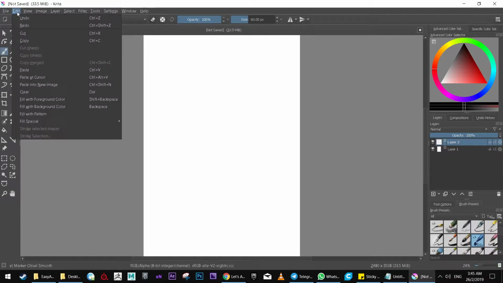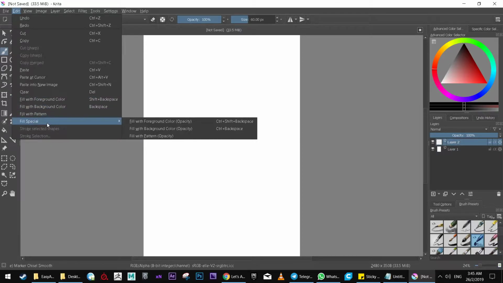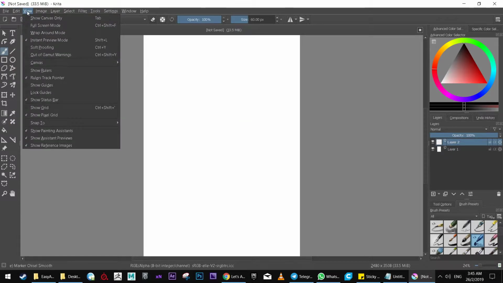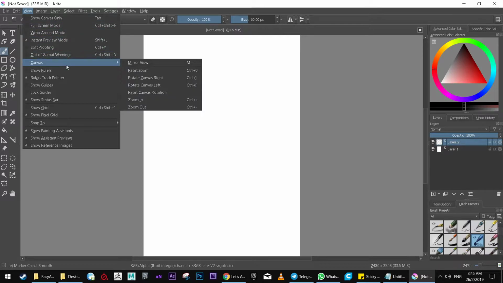Edit is pretty much similar to Photoshop. The only difference is probably fill with foreground color as a menu, background color, and then pattern. Then there's special as well with opacity and all that stuff. View is also similar to, we call this Photoshop, and you can go all through this stuff. And most of it is pretty